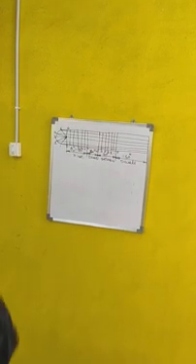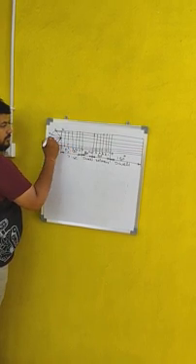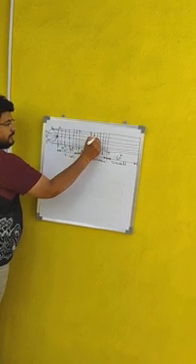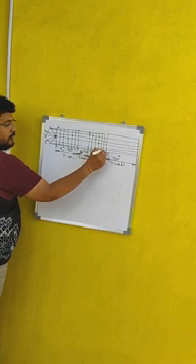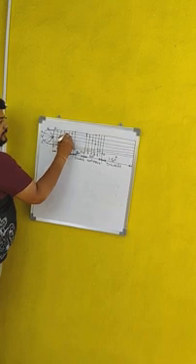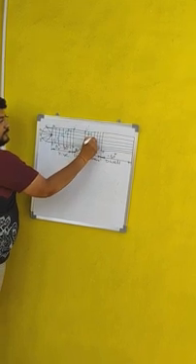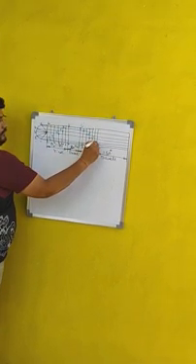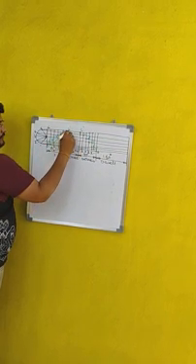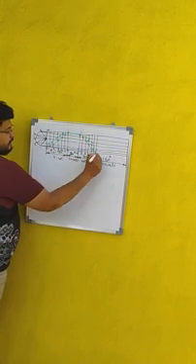Now let us mark the points 1 with 1, 2, 3 with this 3, 4, 5, 6, 5, 3, 2, 1, and this is 0. Now join all the points. Let us mark the points as 1 dash, 2 dash, 3 dash, 4 dash, 5 dash. Already in the last class we have discussed the same. Now join all the points from 0. This is the one period, and this is one more.